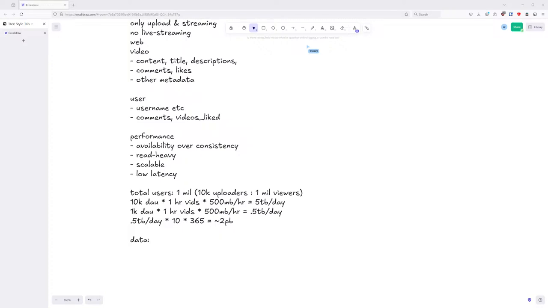For the videos, I'm thinking storing them in a blob storage like S3, because their format is very unstructured, and every video is an object. So I think blob storage would be the best for that. And for the metadata for video and users, I'm thinking using a relational database, because we have some relations like the comments to a video and